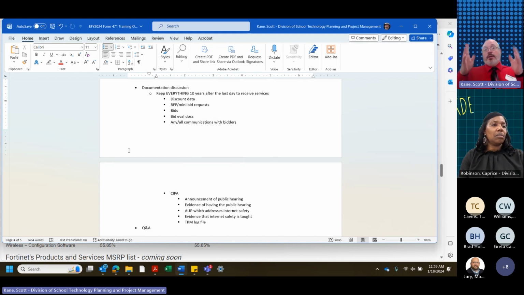If you don't do buses, I'm just going to use the example of Lightspeed, because that's most of what people use right now for content filtering. You need to be able to prove every year that there was a technology protection measure in place.